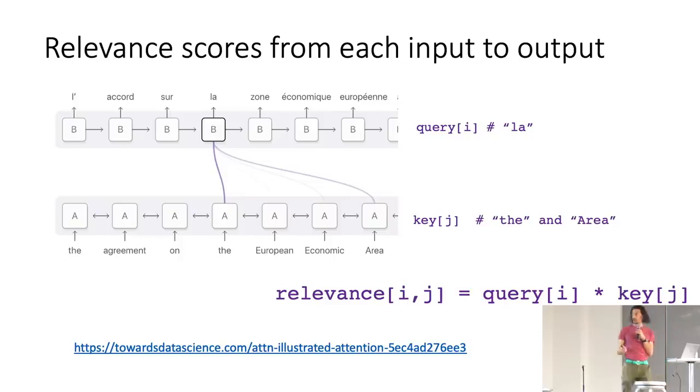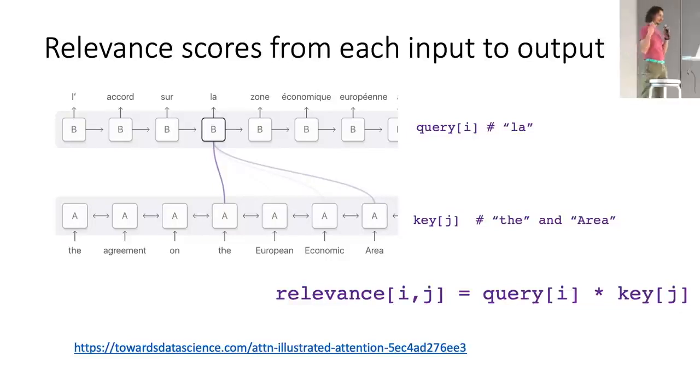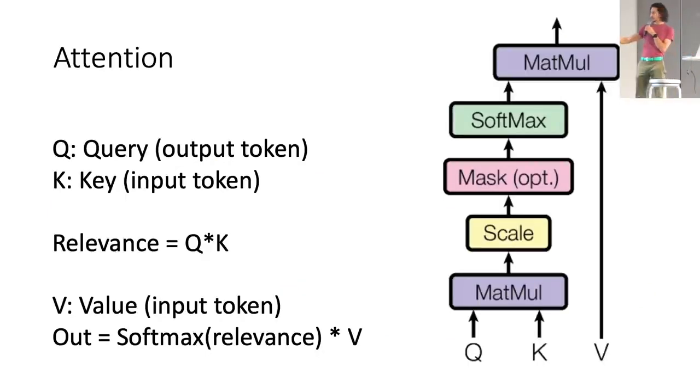And the way it works in the transformer model, the way they describe it is with query and key vectors. So for every output position, you generate a query, and for every input that you're considering, you generate a key, and then the relevance score is just the dot product of those two. Right, and to visualize that, you first combine the query and the key values, and that gives you the relevance scores. You use a softmax to normalize them, and then you do a weighted average of the values, the third version of each token, to get your output.